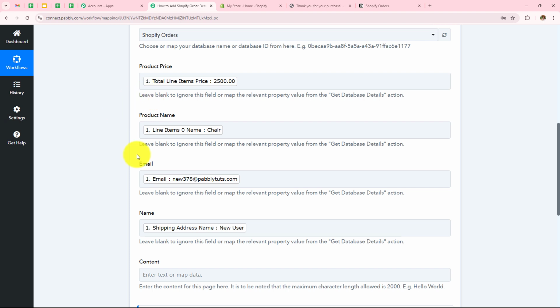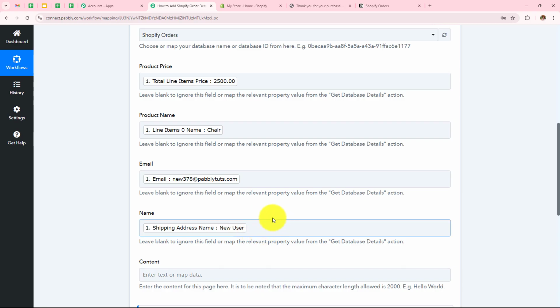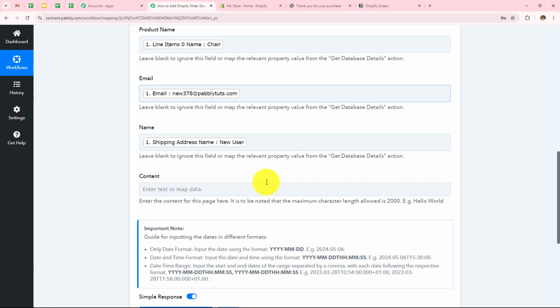So this process is very important so that every time you receive a new response, it is taken into consideration in these fields. Manually entering the data will make these fields static and the information will not change even if you have received a new response. Over here, if I manually enter my name as new user, I will receive new user on every new response. But I want to keep this as dynamic so that every time I receive a new response, this keeps changing. So as to keep these fields dynamic, we use this process, mapping.